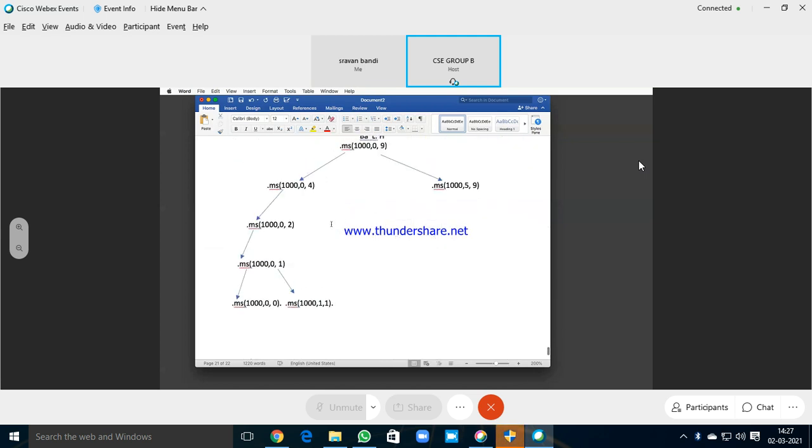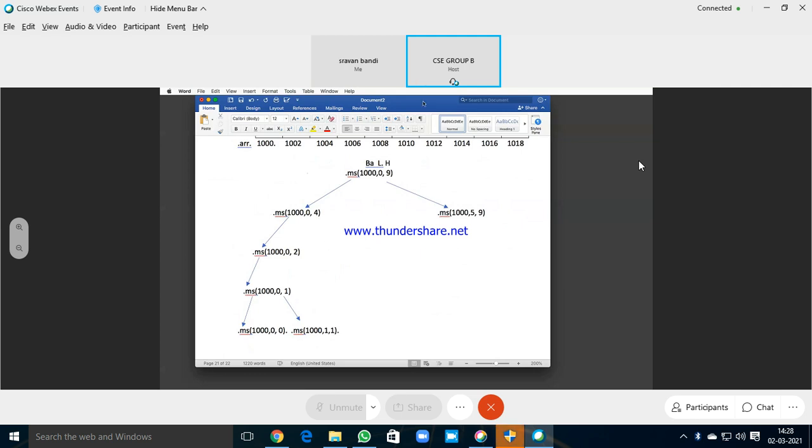Most of you have not understood this. Mechanical students, have you understood this recursive tree? You also did not understand. Okay, no issues. I'm telling you, you will not be able to understand it in one go. You have to set aside at least 1 hour to understand this. No issues. We will discuss.